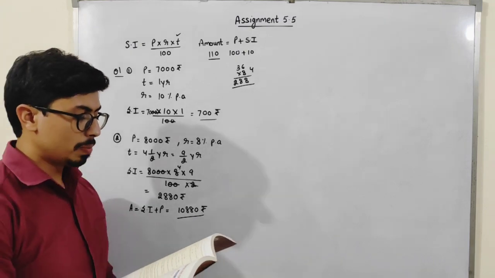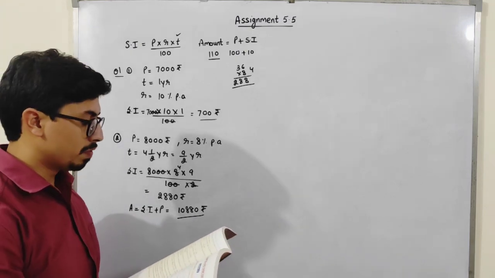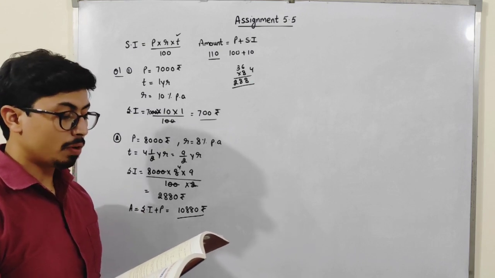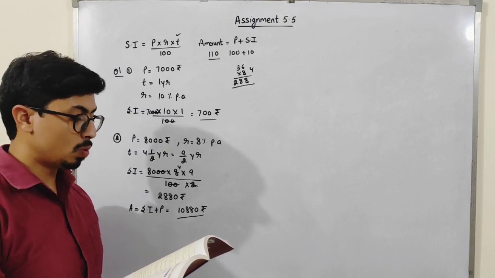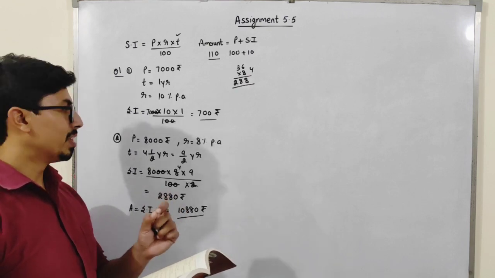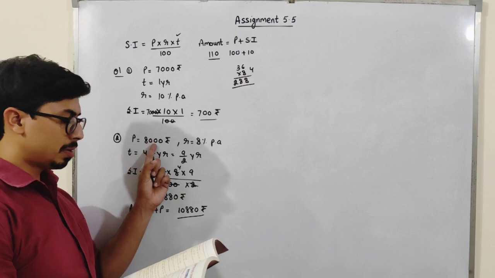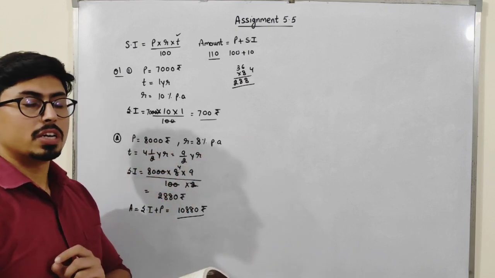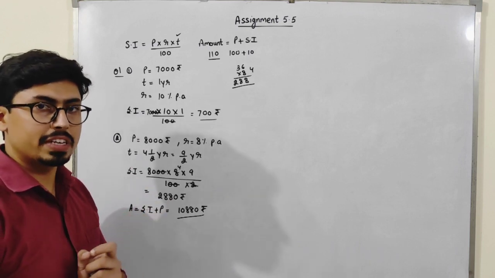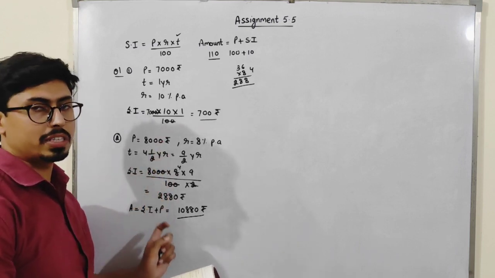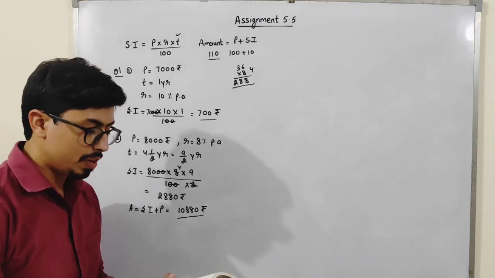Okay. Now similarly, students, moving forward to the third part of this. Neha borrowed 550 from her friend at this rate. She returned the amount after 6 months. So students, just do one thing. This is the same question. Principal is given, rate is given, time is 6 months. So 6 months can be written as half year. So just find out the simple interest, then the amount. Okay, so just do it yourself.